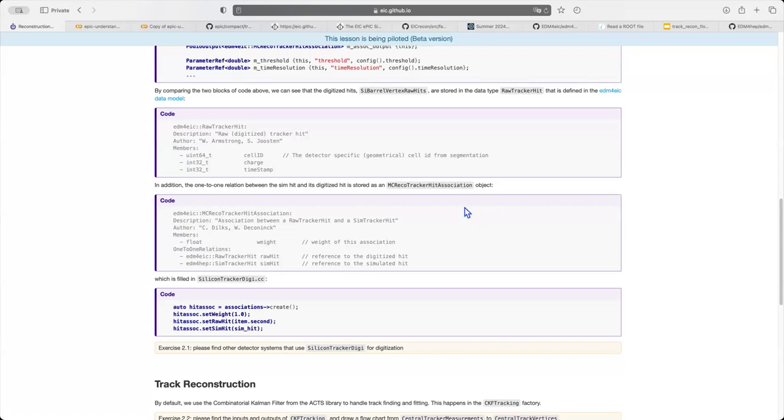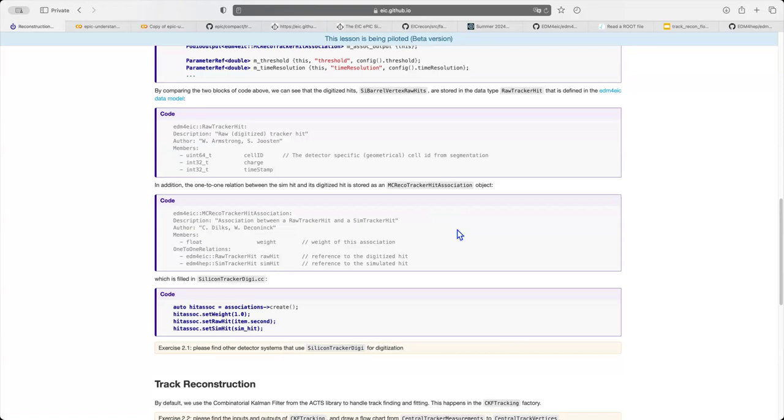That means if in the future you think there is certain information you want to look at, but you didn't see it in the current data model, you can just make a request to the software and computing group to add that field. And also, if you in the future want to